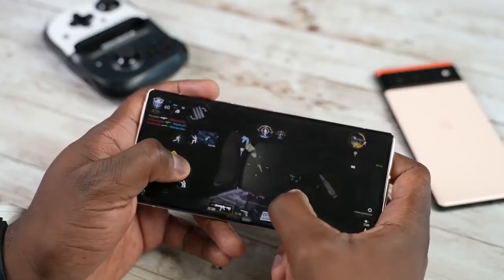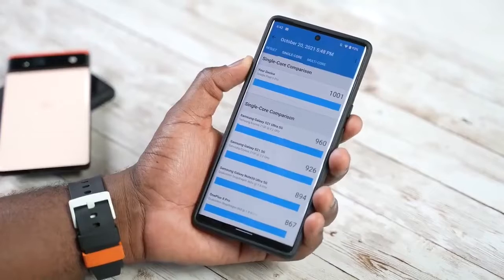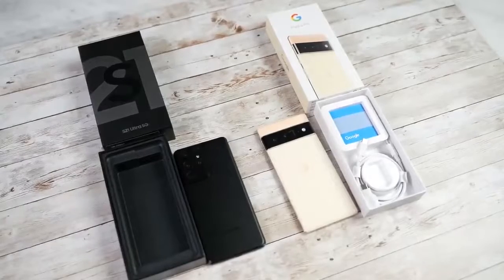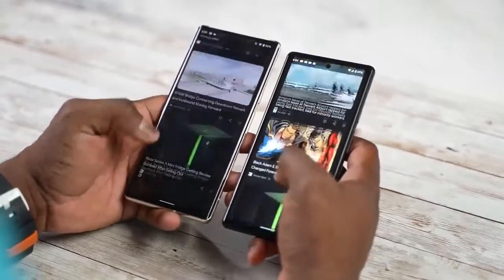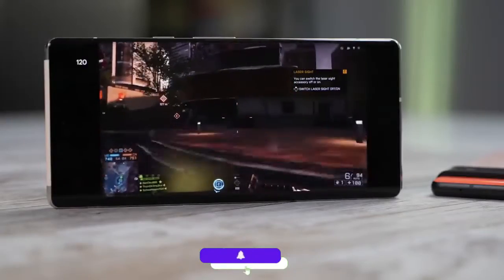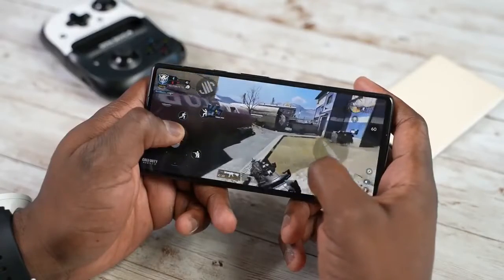According to Kuba, the Pixel 7 Pro is 10% faster than the last generation Pixel 6 Pro in CPU performance, but was slower than competitors in raw CPU performance. We all know, and you will agree with me, that software optimization makes a big difference when it comes to the usability of a phone, and Google is doing what they are good at, the new software and a new